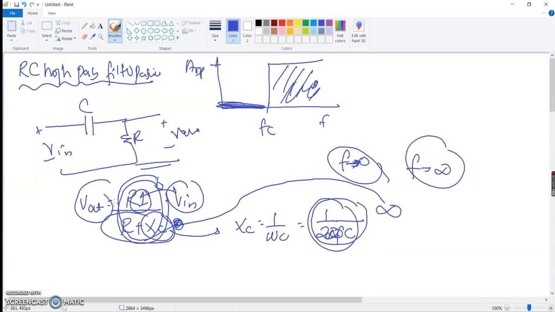And when you multiply Vin with 1, you will get exactly the same output as the input, right? So you can have the maximum output from the filter once you have established the higher frequencies. So this is how you can understand that on higher frequencies it will allow you to pass and get the maximum output. With that being said,